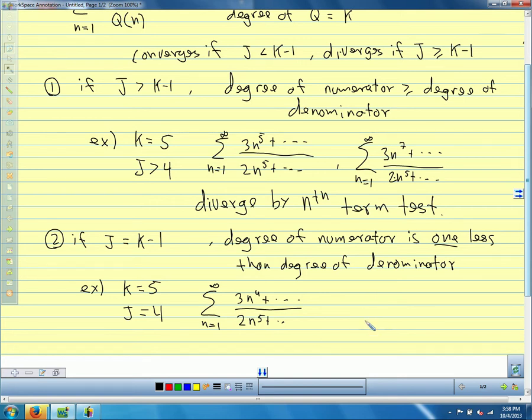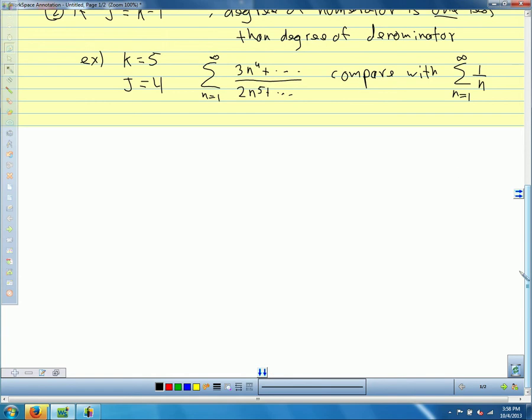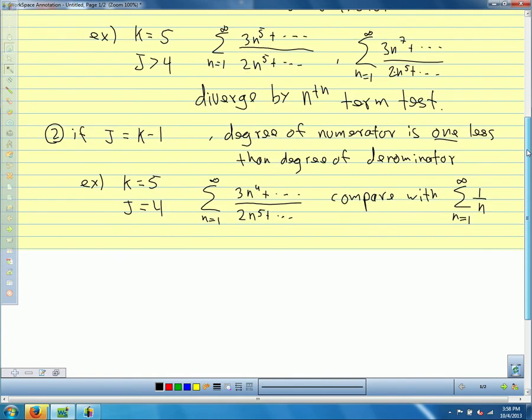In this situation, I'm going to compare with a harmonic series, because the relationship between the degrees of the numerator and denominator here is the same as they are here. One less in the numerator. So I'm going to use the limit comparison test here. And we're going to find the limit as n approaches infinity,